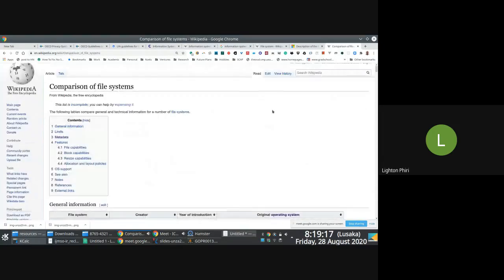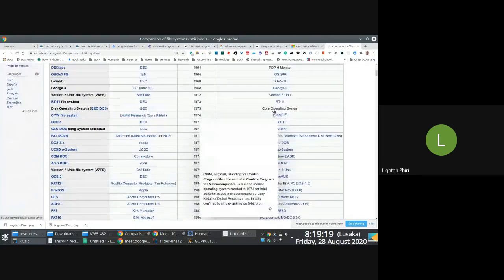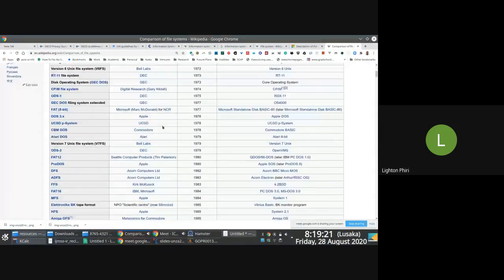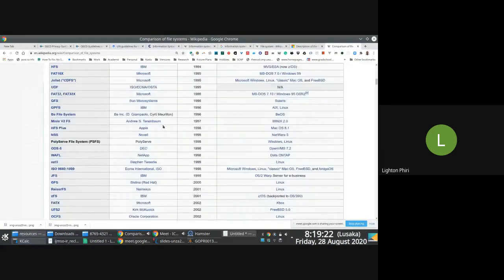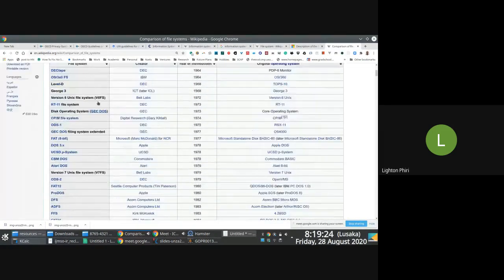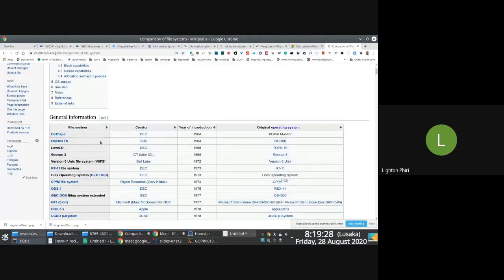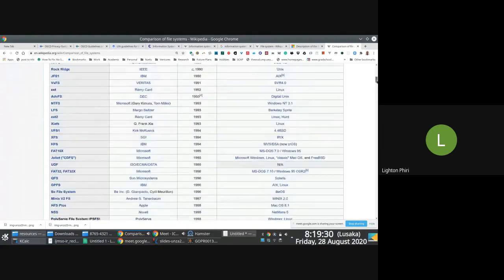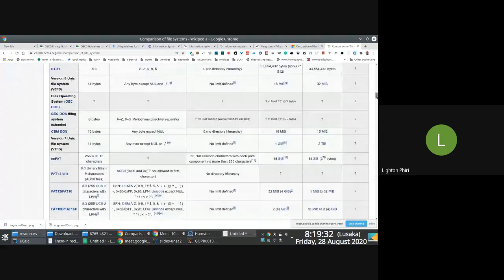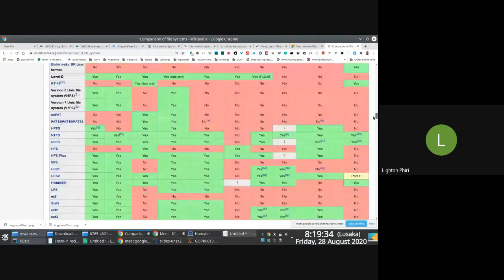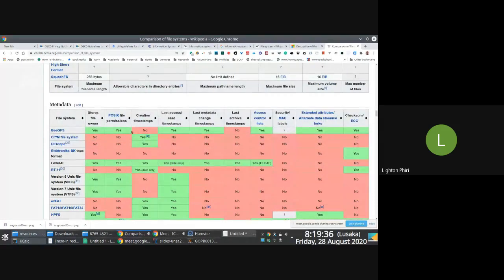And you notice that the table that you have access to lists a whole bunch of file system types, right? You see these things here? All of these are the different types of file systems that are there. And I'm sure there's one table that has a really nice, there we go. This is very color-coded matrix that shows you things like,